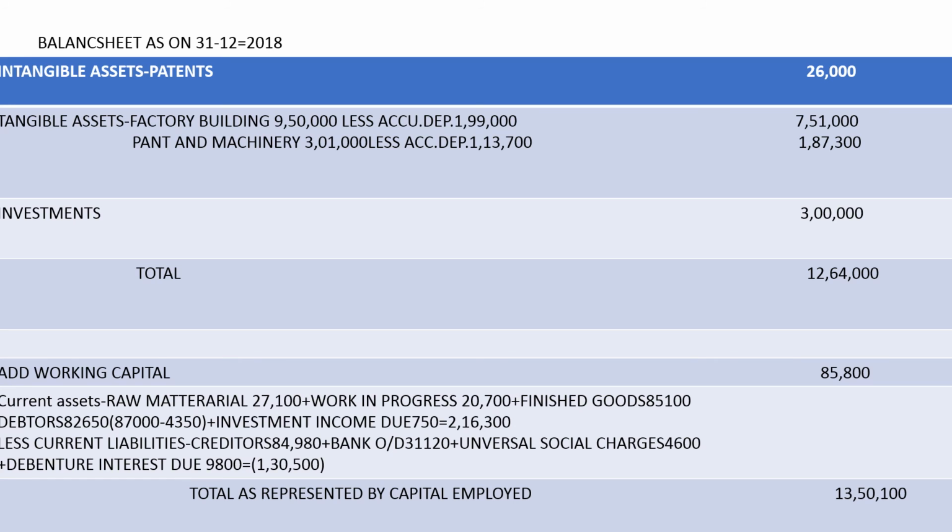Total of current assets is 2,16,300. Less current liabilities. Creditors 84,980. Bank overdraft 31,120. Universal social charges 4,600. Debenture interest due 9,800. The total is coming to 1,30,500. Current assets are 2,16,300. Current liabilities are 1,30,500. The working capital comes to 85,800. The total as represented by capital employed